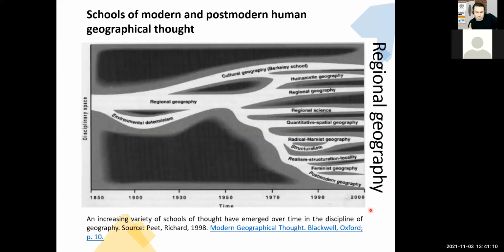And the interesting element here is, if we go back to the mid of the 19th century, we had the environmental determinism characterizing Paul Vidal de La Blache and other geographers, and one solid and large branch of regional geography that through time, particularly after the Second World War, then evolved and multiplied in cultural geography. Again, regional geography somehow shrank a little bit because